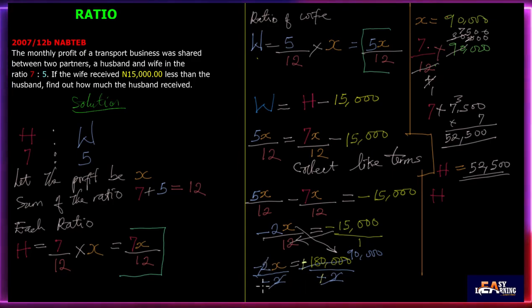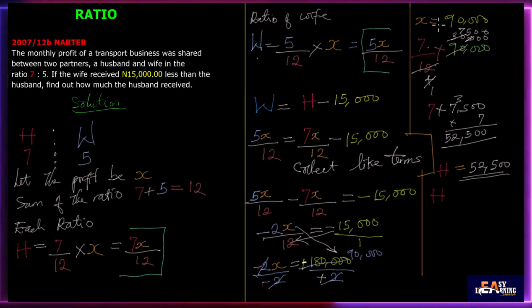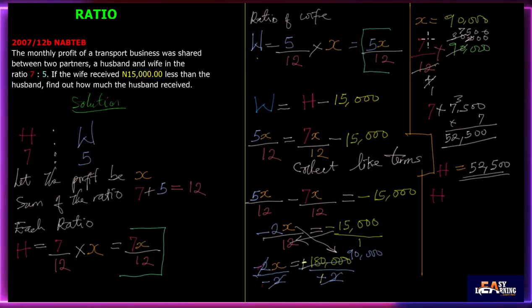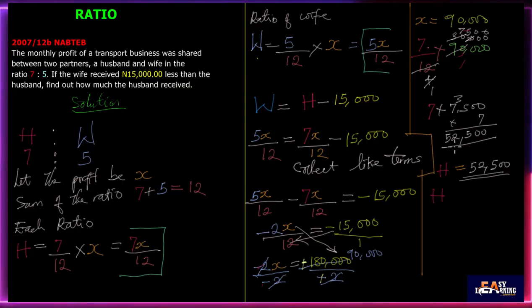Negative cancels negative, 2 cancels 2, and 2 goes into 180,000 giving 90,000. So our x is equal to 90,000. To find the husband's money, H, we introduce 90,000 in the place of x, and solving that out, we had